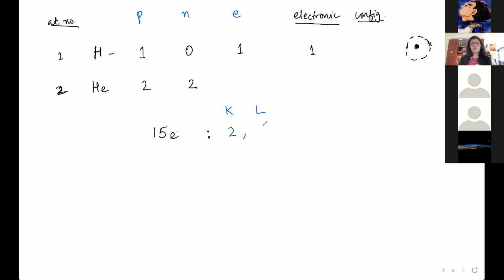Should I put all 13 here? Should I put only a part of it? How many? Ma'am, only 8 of them. 8, absolutely. The third shell, M shell, how many electrons can it take? Ma'am, 5. It can take more than 5, but because we have 15, of which 10 we already allotted, the remaining 5 will go to the next shell. Yeah, that's all there is. That is what electronic configuration is.